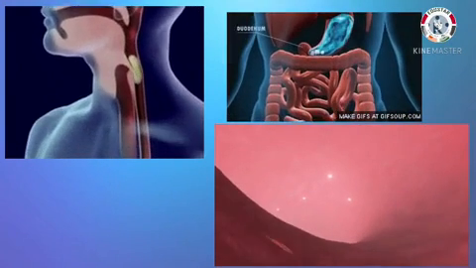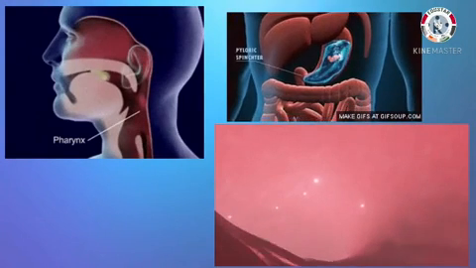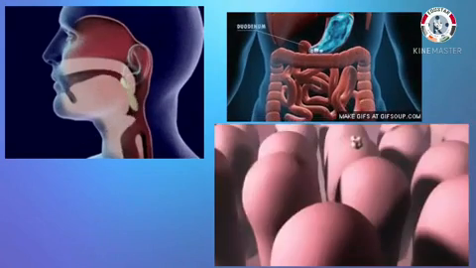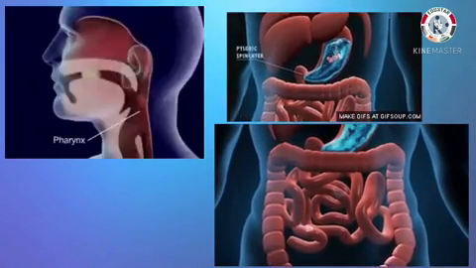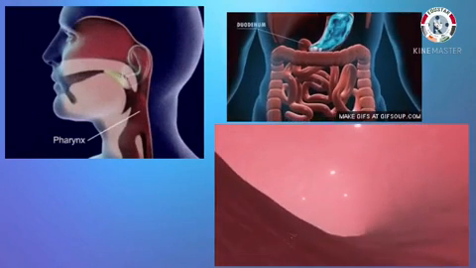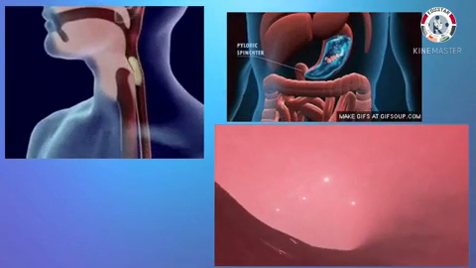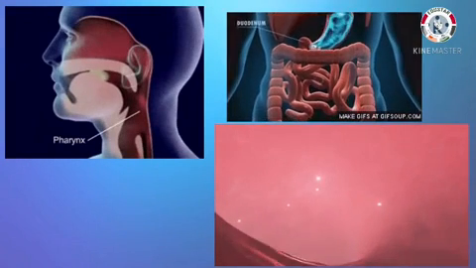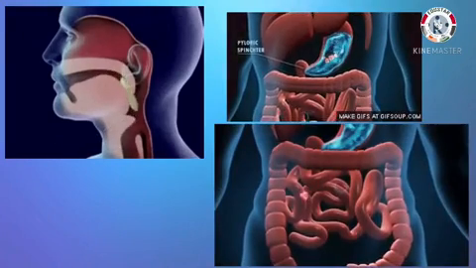This food then travels to the stomach through the food pipe. The stomach produces digestive juices which mix with the food and break it into smaller particles. After a few hours, the food reaches the small intestine. The food is further digested here. The digested food is then absorbed into the blood. The undigested food goes into the large intestine. It is then thrown out of the body through the anus.